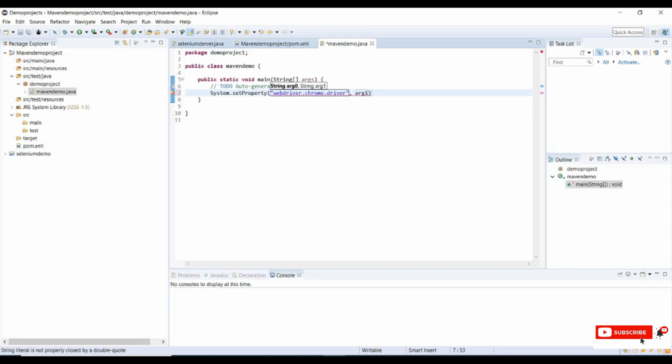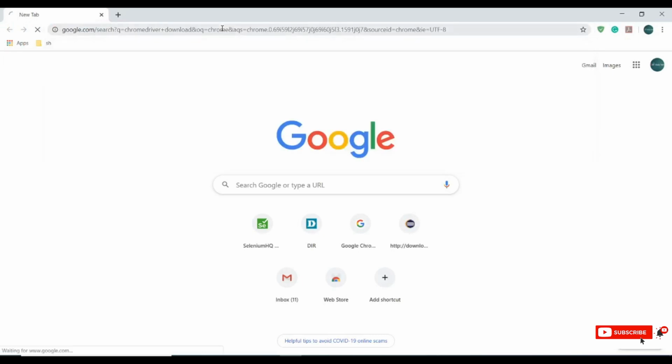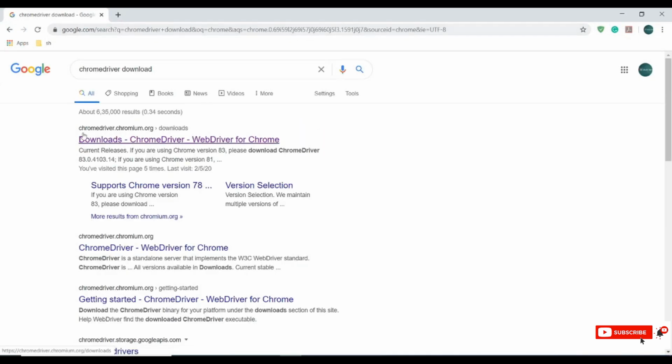This is the property name, and we need to provide the exe file location. Currently we don't have the Chrome driver exe file here, so let me download it. Search for Chrome driver download, and the first link shows the Chrome driver download.